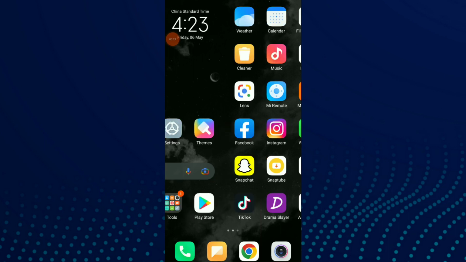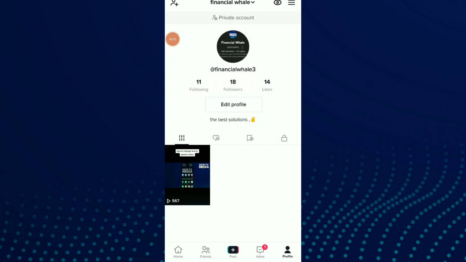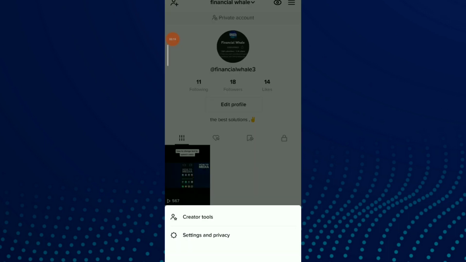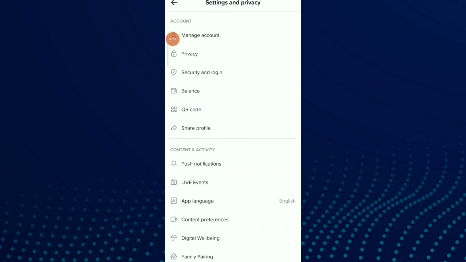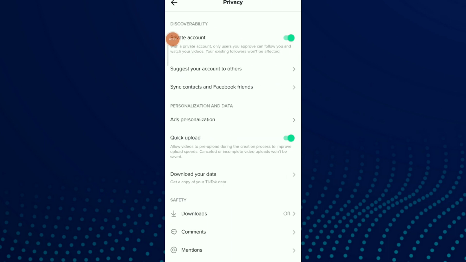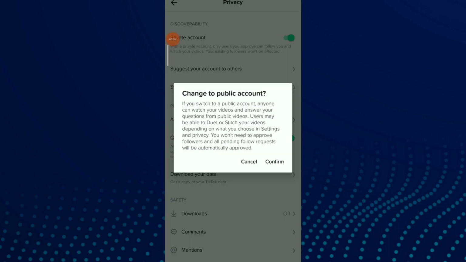So first thing, go to your TikTok. Go to your profile. Once you are in your profile, just click on those three lines up there and click on Settings and privacy. Now click on the second option, which is Privacy, and you have Private account, which is already turned on. All you need to do is turn off this option, but you should know that